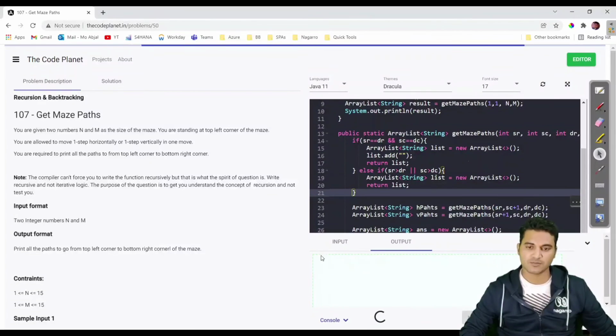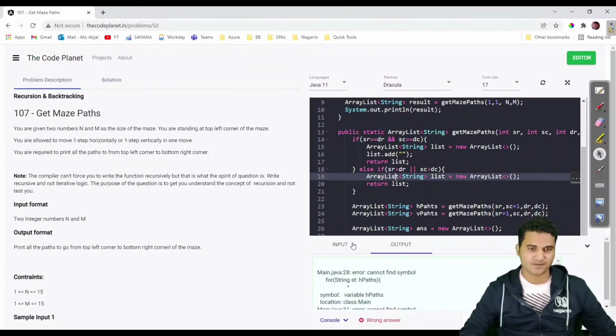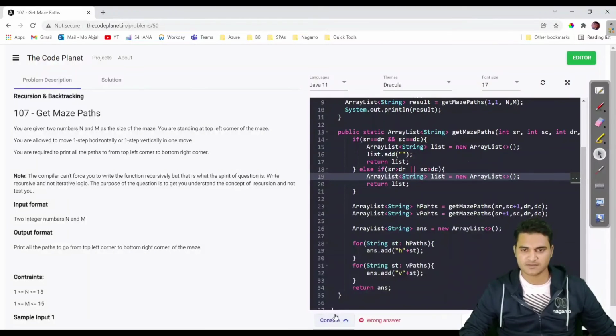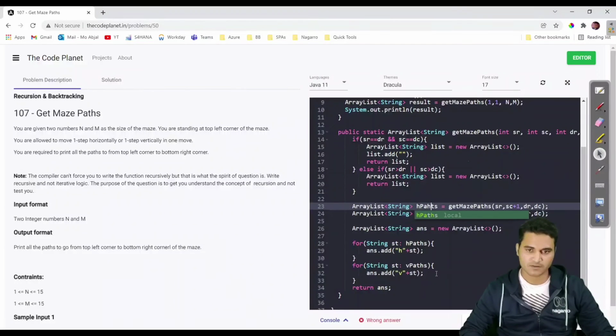Now let us try to compile. Do we have any compilation error? I don't think so, but let's see. Yes, we do have. It says cannot find symbol H path. So we have a spelling mistake here.